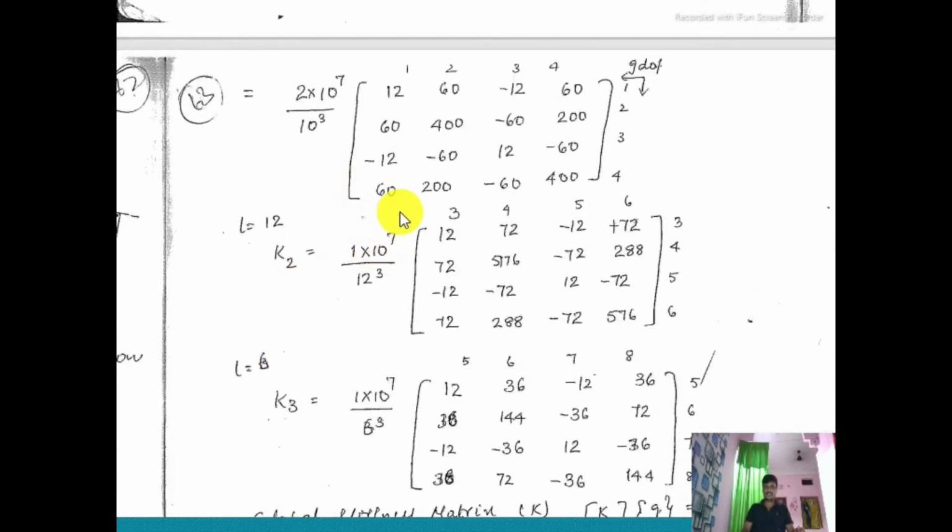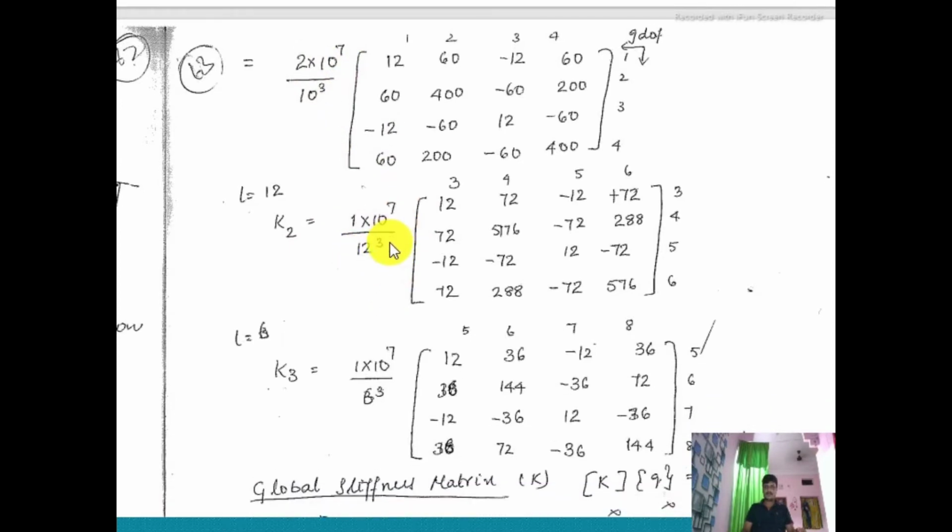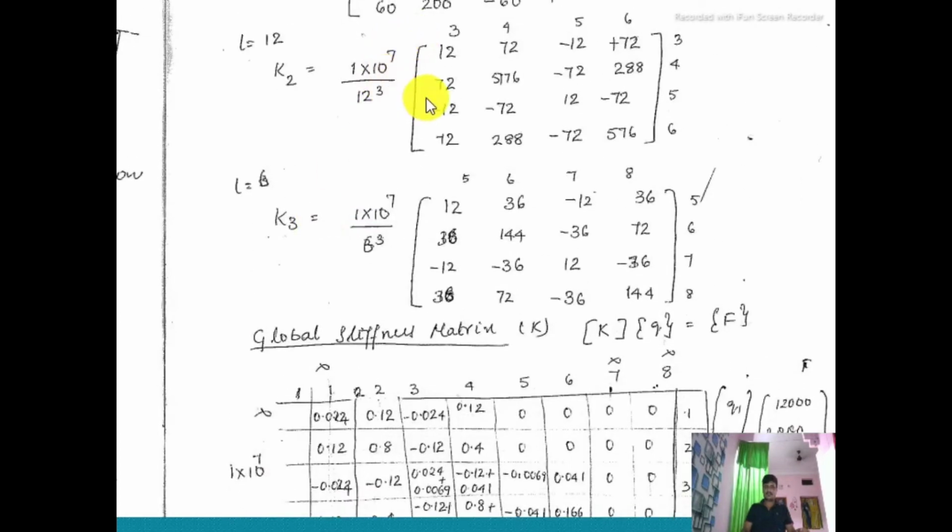Now in this equation they have taken 1 into 10 power of 7 as a common factor, because here 12 cube is there and here 6 cube is there. So you can take 10 power of 7 as a common. Then they have taken 10 power of 7 as common, and whatever is within the matrix, you can do the